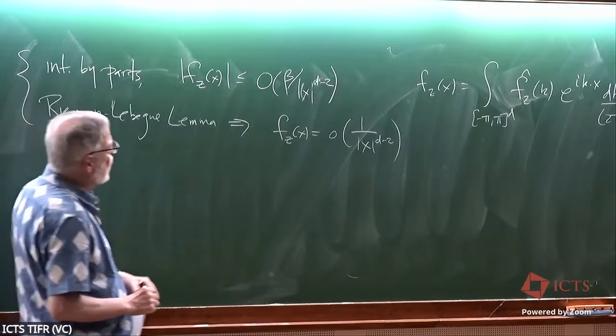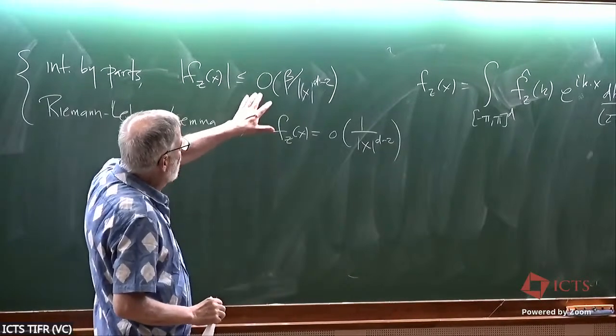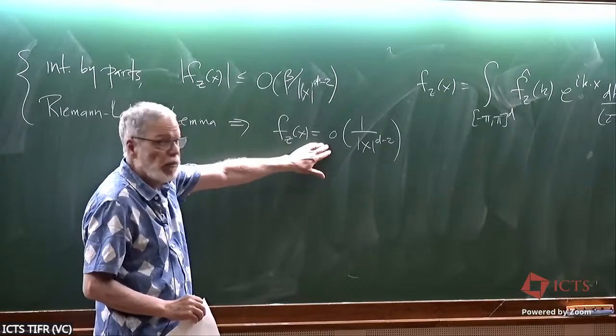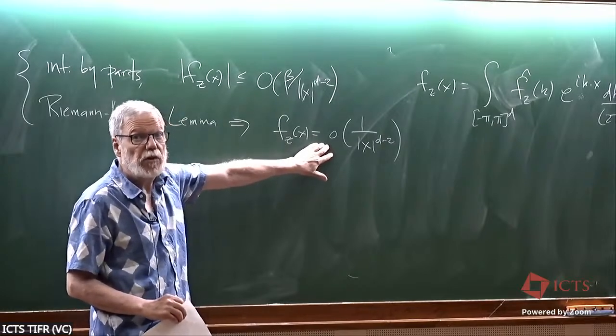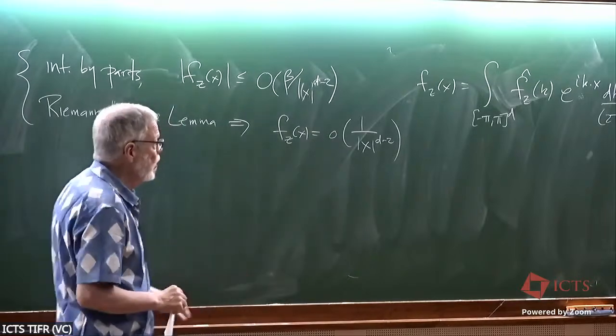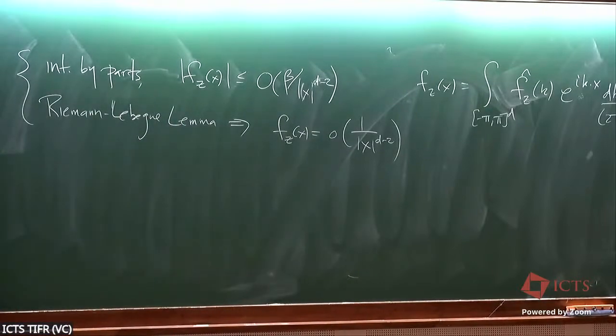So I have two bounds here. One is quantitative in terms of the factor of beta, which is in the constant. The Riemann-Lebesgue lemma won't give me that, but it gives me something different, which is a little o, with no control over the beta dependence here. So those two facts just follow from this bound.